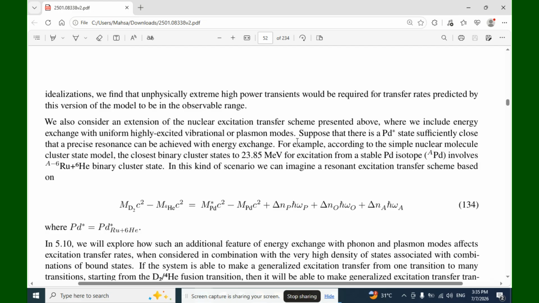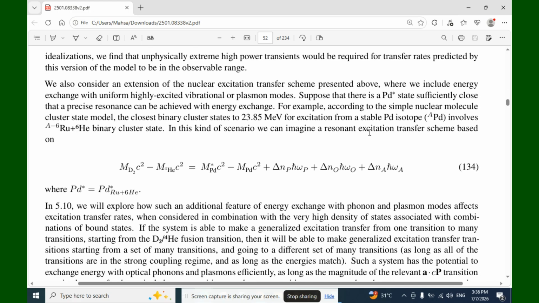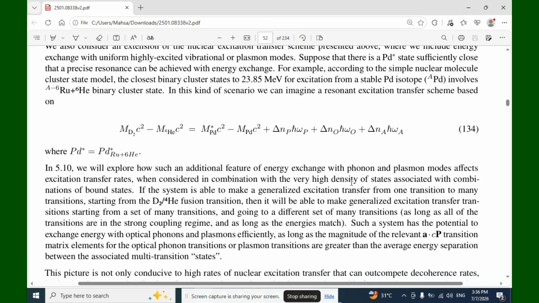Suppose that there is a polymerized state sufficiently close that a precise resonance can be achieved with the energy exchange. For example, according to the simple nuclear molecule cluster state model, the closest binary cluster states to 23.85 megaelectron volt for excitation from the stable palladium isotopes. Palladium-I involves a Ru-6 plus helium-6 binary cluster state. In this kind of scenario, we can imagine a resonance excitation transfer scheme based on the